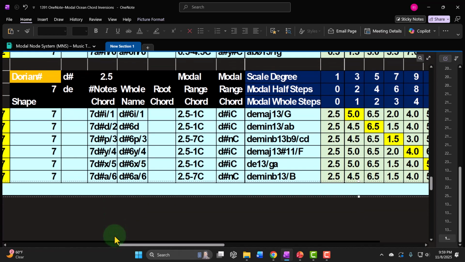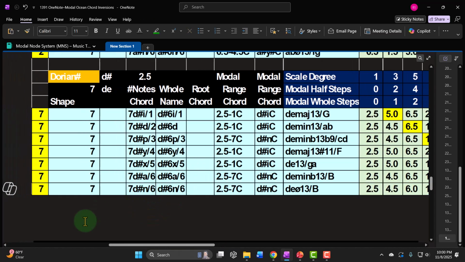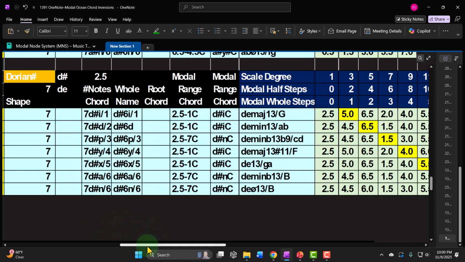Or a Dorian sharp or Dorian ocean 6 modal whole step, which is the distance to the last note in the chord, which has an Aeolian shape slash 6. Finally, we can have a Dorian ocean chord with a Locrian shape, normally called a D sharp or E flat, half diminished 13 slash B. I'd rather see a 7 D sharp N slash 6 or D sharp 6 N slash 6 for a 7-note